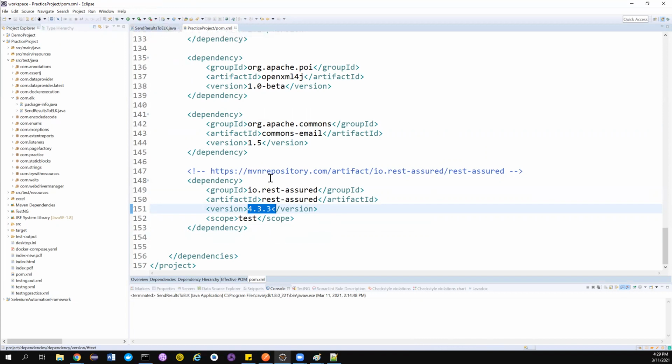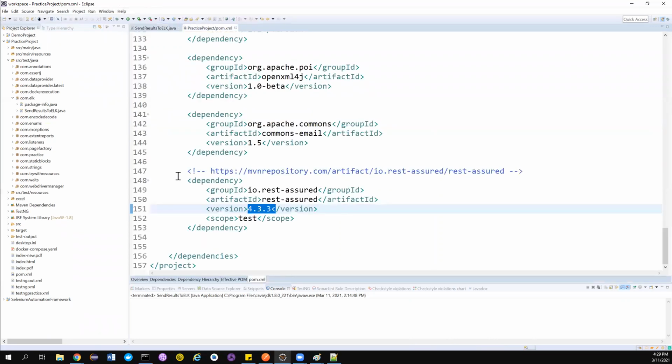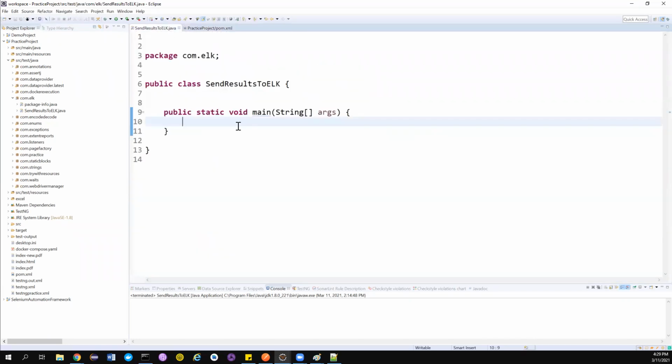You can also use Unirest or HTTP Client, whatever you feel comfortable with. There is no restriction about that. Good. Now after I add this dependency, the class library is available for me to use. To use it, I need to do a static import, because it has static methods. I need to do a static import to use them. Otherwise, you have to import a big class name.